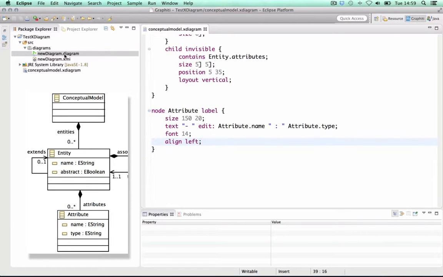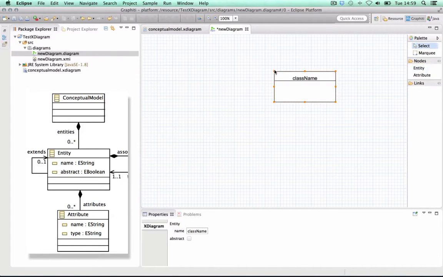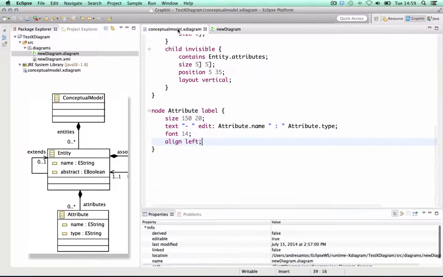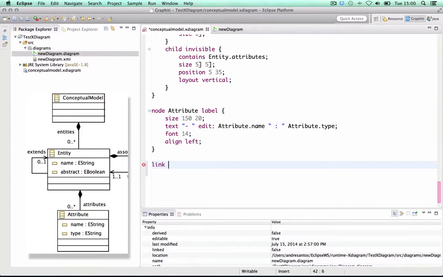Okay, so now I will open the diagram again. So now we have entities, okay, which have like a certain area here where I can place the attributes. Okay, and then I could further edit the attributes. Okay, finally, I will show how to describe links in the diagram. So for that, I'm going to declare as a link